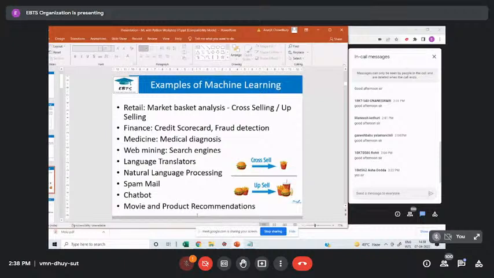You talk about the retail industry, you talk about the manufacturing industry. In manufacturing, if I have a product which is defective, then for a new set of data, a new set of images, I can find out whether the product is defective or not, because the machine has been trained to detect whether a particular product image is defective or not defective, right? So these are various such examples. Any questions at this point of time? Any suggestions? Anybody wants to share something from an application perspective also?